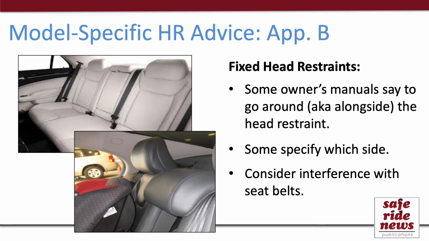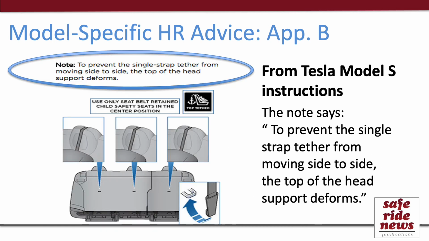Of course, some head restraints are not adjustable or removable, so we call these fixed head restraints. And for the LATCH Manual, we try to get detail about how to route the tether relative to these. So always check the bullets and the model specific notes for this kind of information. In some cases, the manufacturer says to go to one side or the other, and may even be specific about which side to go to. And also note to avoid a seatbelt or some other obstacle in some cases. And then still other models say to go right over the top of a fixed head restraint, but always confirm